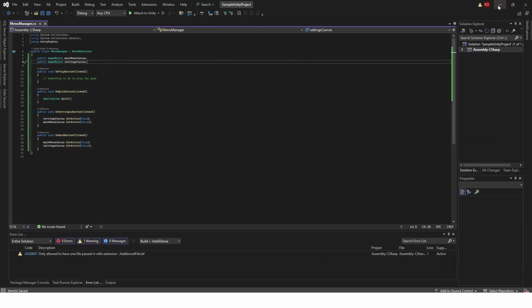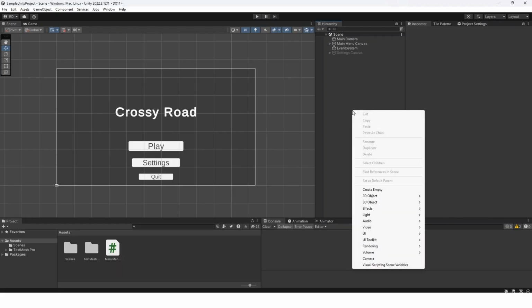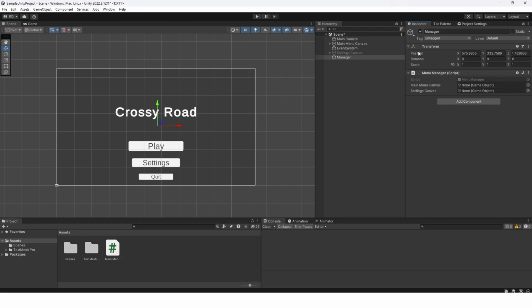And then we can go back into the Unity editor. Once we're back in our Unity editor, we can right click on the hierarchy, create an empty game object. We can just name this Manager. We're going to add our MenuManager script to it. It's going to look for the main menu canvas and the settings canvas. We can drag both of those things in from the hierarchy,